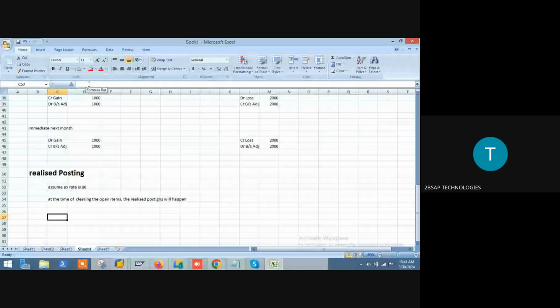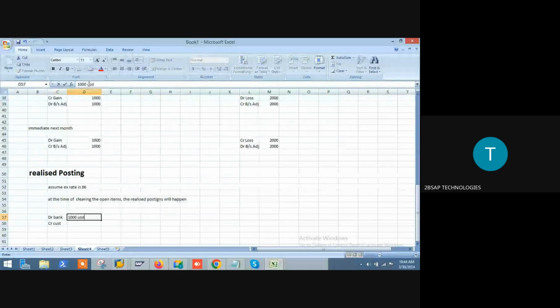We will see. So what is going to happen, sir? Debit the customer, credit revenue. Now the customer is paying. So what is going to happen, sir? Debit bank, credit customer. What is the value, sir? 1000